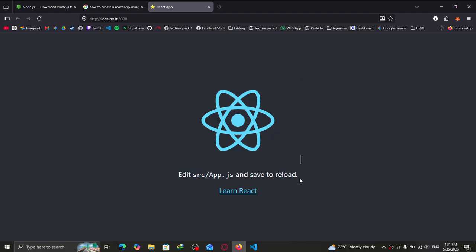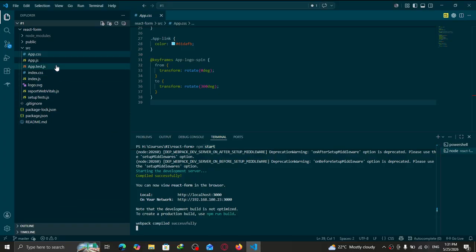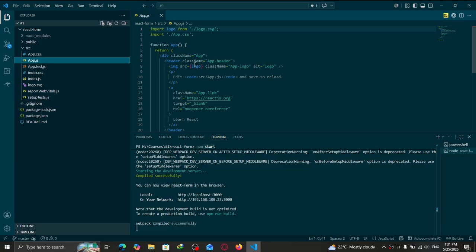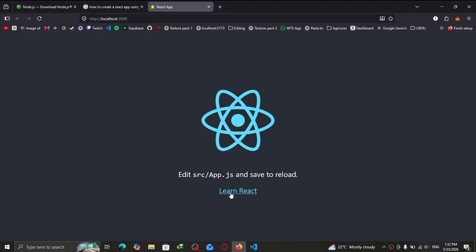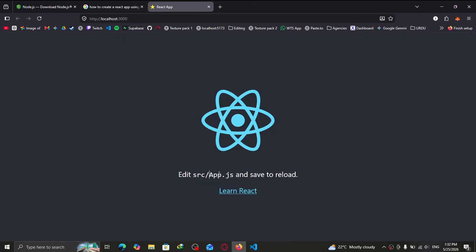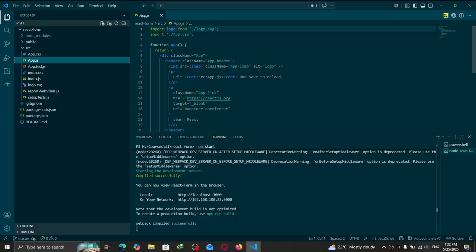This is the default website which is showing us from app.js. Meaning if I edit app.js, this page will also change. For example, if I go to app.js, as you can see everything is written here. If I click this link, it takes us to the reactjs.dev website, their original website. I can change this to youtube.com, for example. If I write here